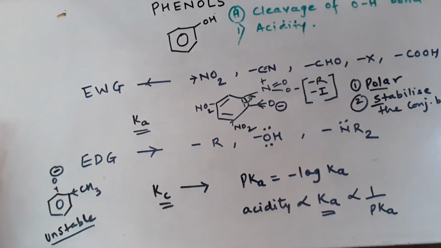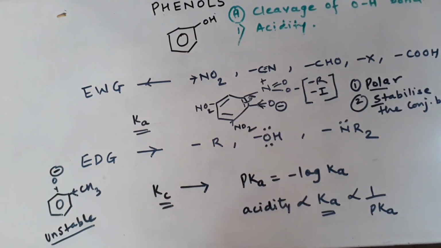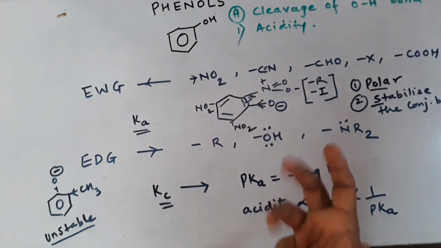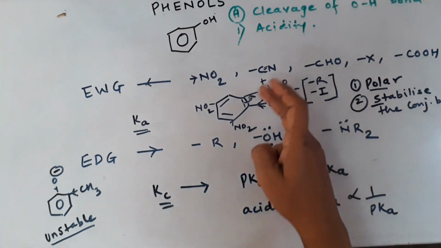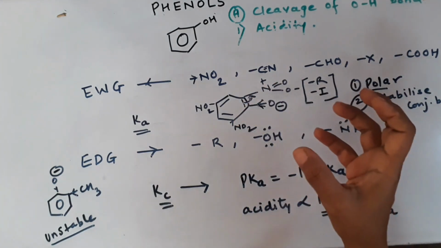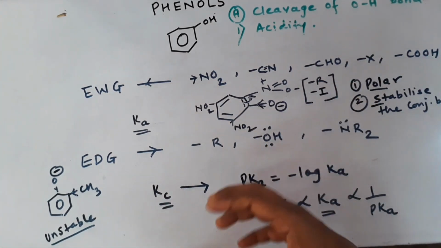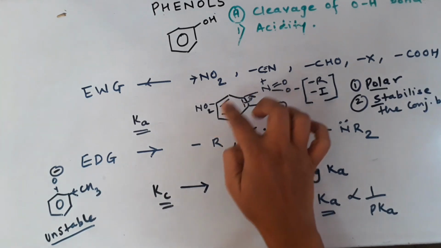So electron donating groups are going to be very negative kind of groups for us, and electron withdrawing groups are going to be very good for us in increasing the acidity. Now another important point which we all must remember is where these groups should be attached if you want to increase the acidity. These groups which I have written over here, we have to attach at certain specific positions only, which will participate in resonance. Okay, because it's phenol, so resonance will take place here. So they have to be attached at ortho and para positions only, because the meta position will never participate in resonance.